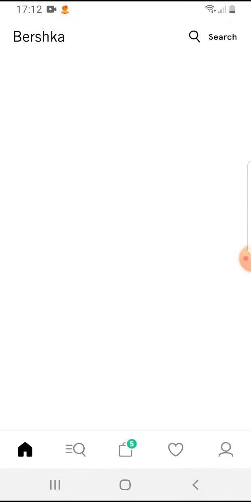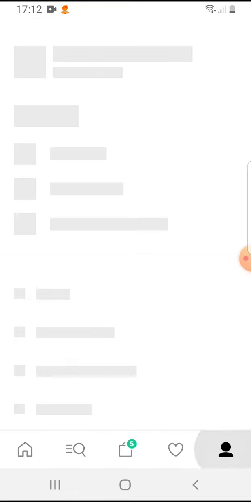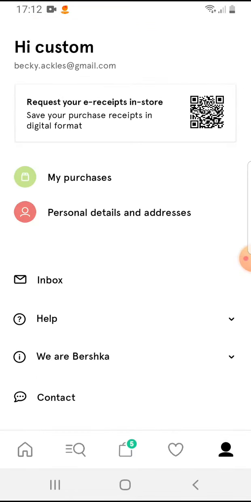Open the Bershka app. On the bottom right corner, tap on the profile icon. Tap on the personal details and addresses,